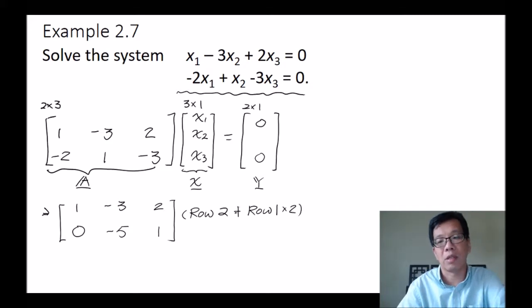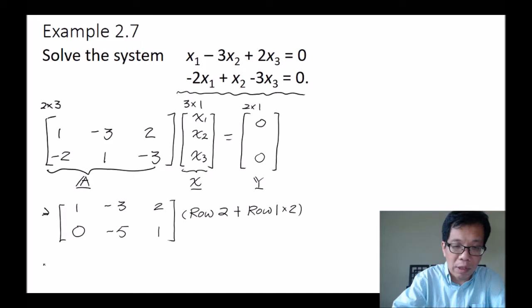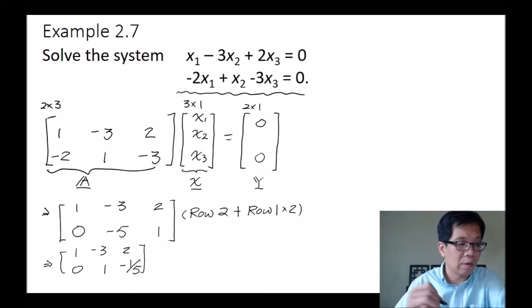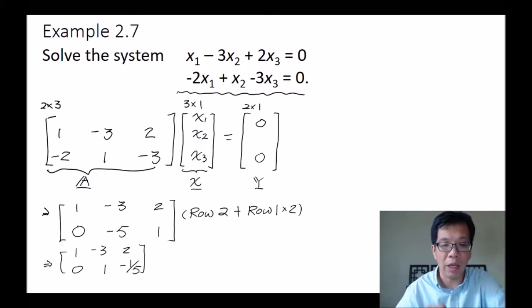Actually, it's plus. So this is something we have. Then we get 1, -3, 2, 0, 1, -5. Okay, so now we got the first component equal to 0, and clearly the second component in the first